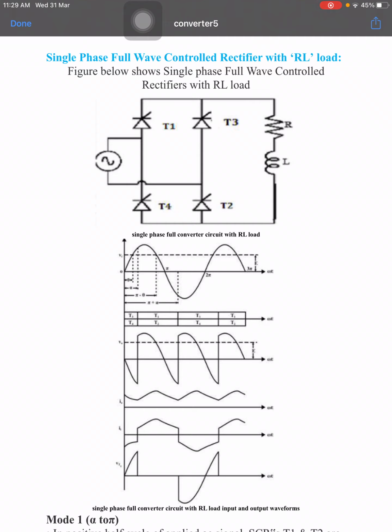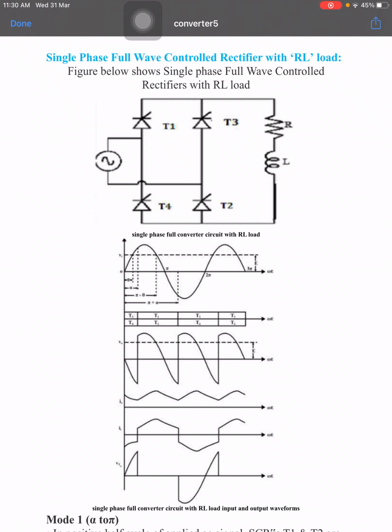Here is there discharging or not? Discharging is there because of the inductor. L is there in the circuit. When the positive half cycle, T1, T2 is on, T3, T4 is off. When the negative half cycle, T3, T4 is on, T1, T2 is off. We know that. When you observe the third waveform I0, you will get continuous current, either decreasing or increasing, whatever it may be. But there is a continuous current.